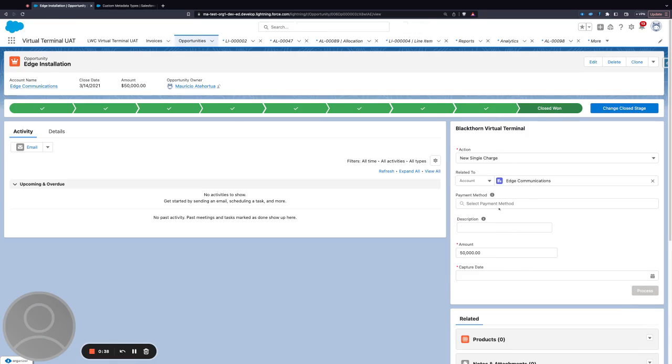we'll see the virtual terminal, and then it will just ask you to complete some fields. So, for example, I can select the payment method, and once I've captured all of the information, you would see that that will change that button to allow you to take an action on what you've done. At the moment, it says process because I defaulted on this particular one the value to process. But if that had been, for example, a capture now, the button would show pay, or if it was an authorize now,